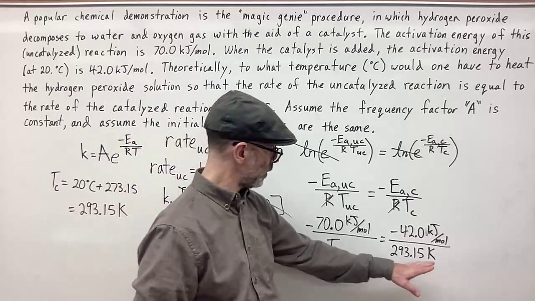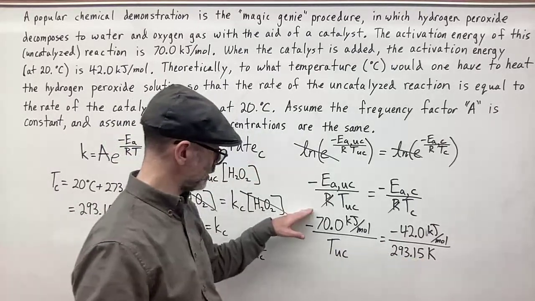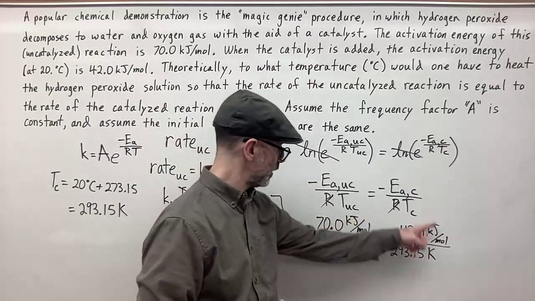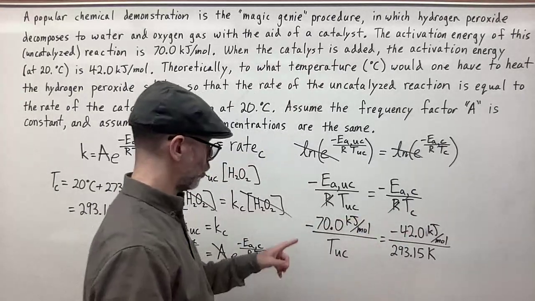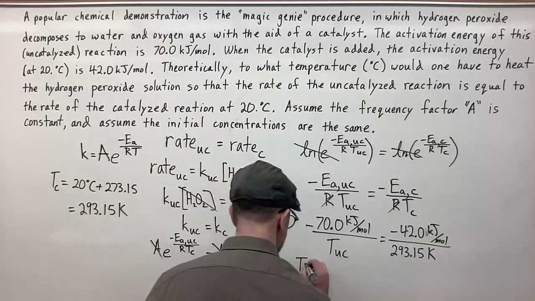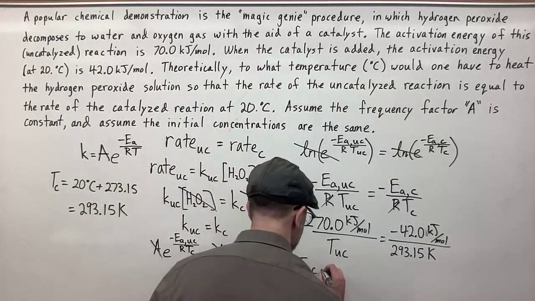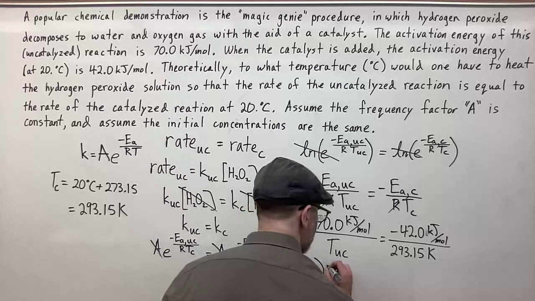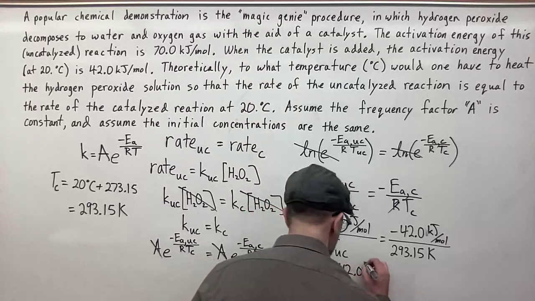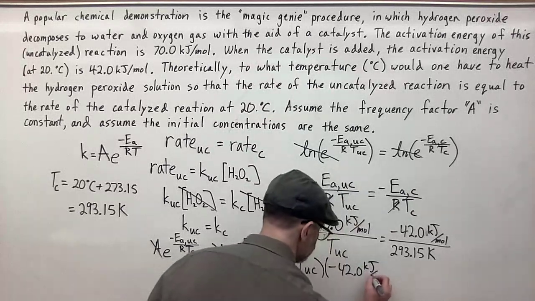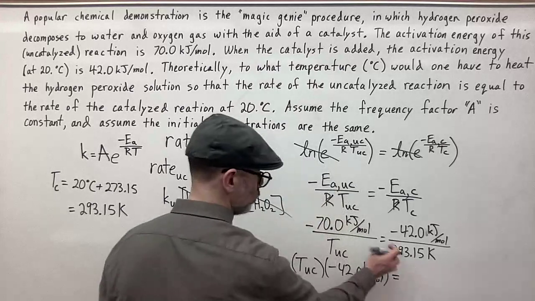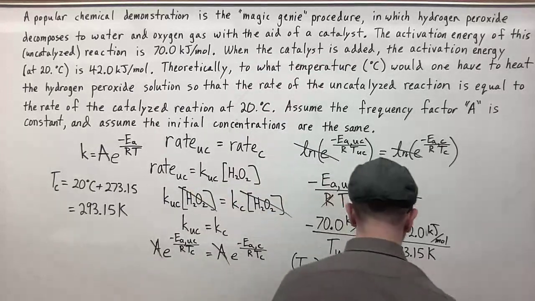So we're going to multiply this times this, and then divide by this, right? So what we end up with is T uncatalyzed multiplied by negative 42.0 kilojoules per mole,